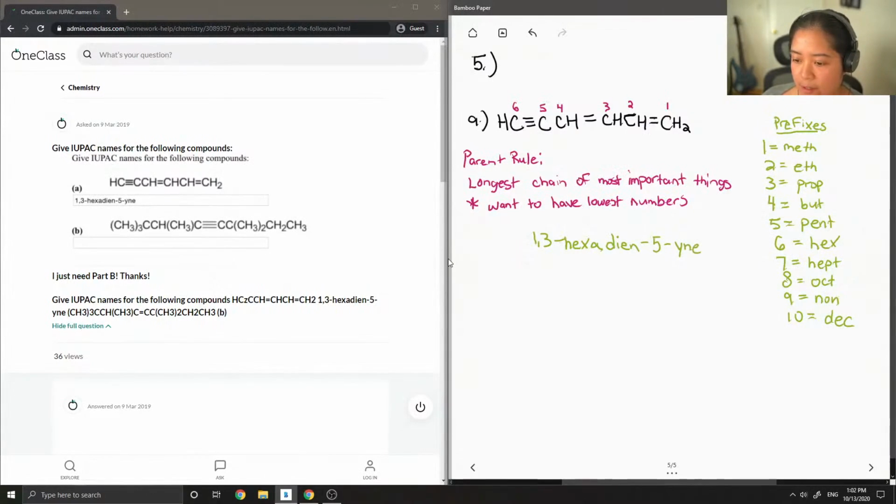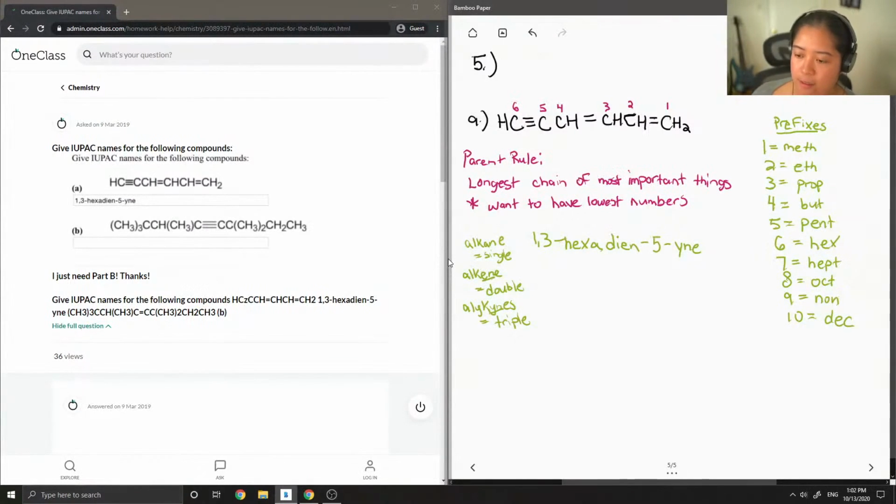So if you're wondering where I got that ene and the yne from, for alkanes, these are single bonds. Alkenes, ene, are double, and alkynes, yne, are triple. And that's how you get the answer 1,3-hexa, which is our parent,